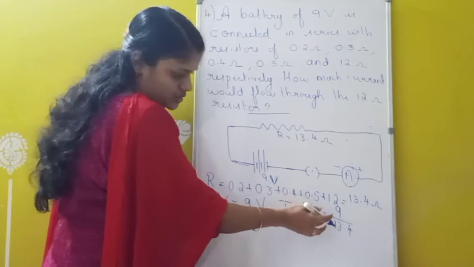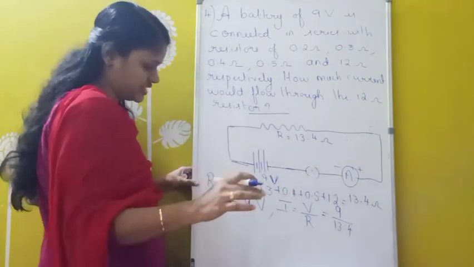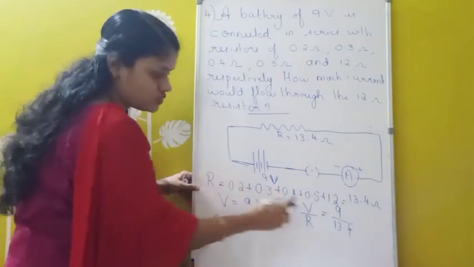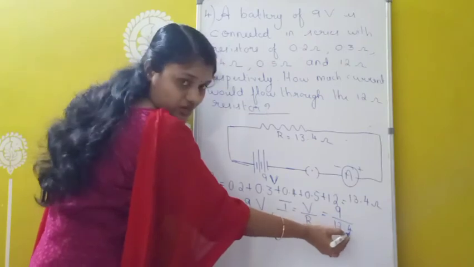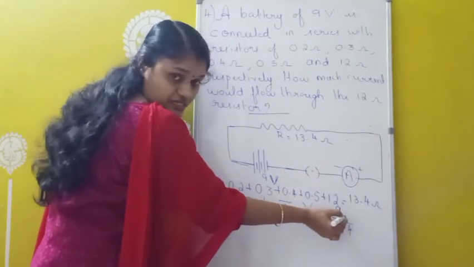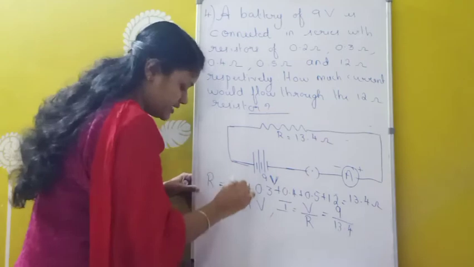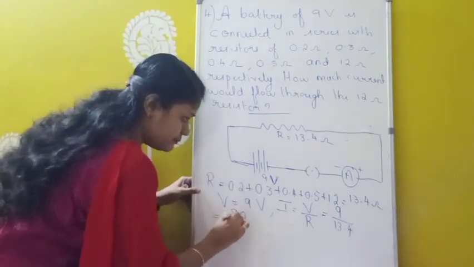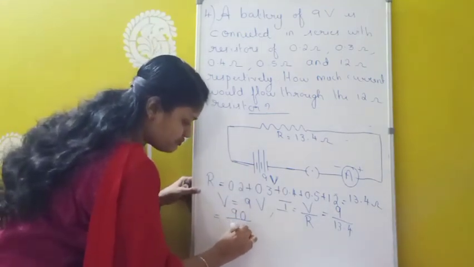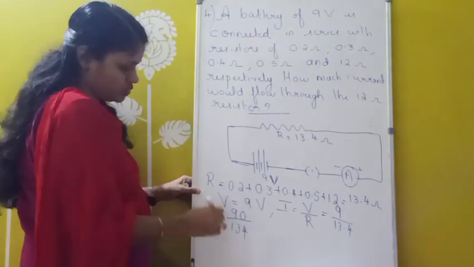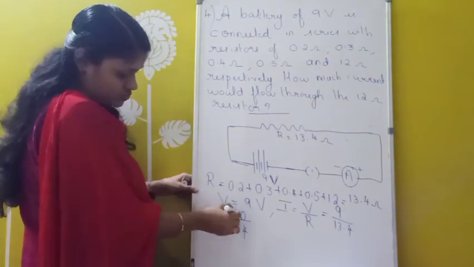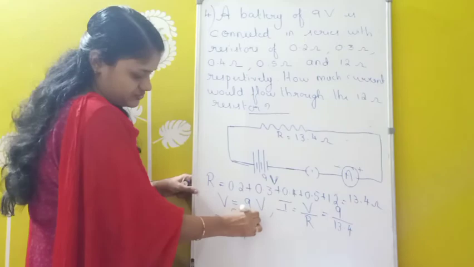So we cannot cancel anything. So what we are doing is just removing the decimal. Okay, that means it is equivalent to, here after the decimal we have one digit. So we can multiply by which one here? 10 in the numerator and denominator. So I am writing here 90 by 134. 90 by 134. And here we can cancel with 2. Okay, so when you cancel with 2, we will get 45.